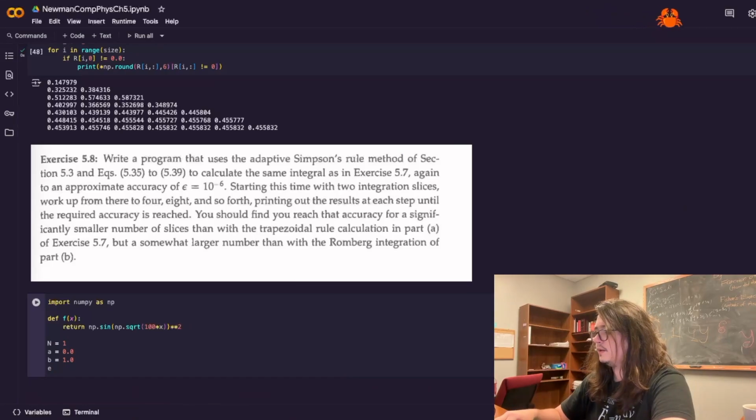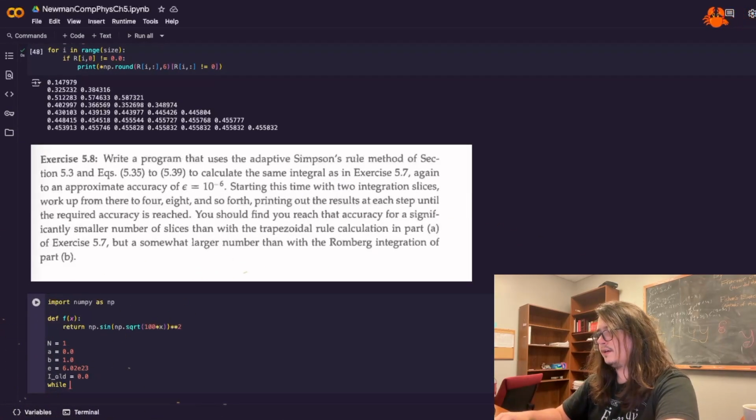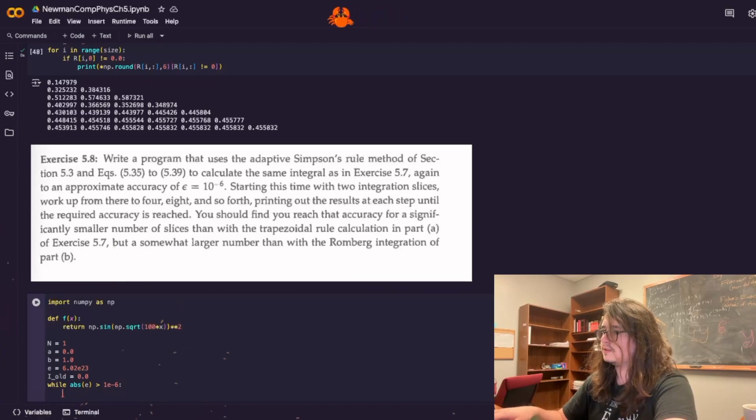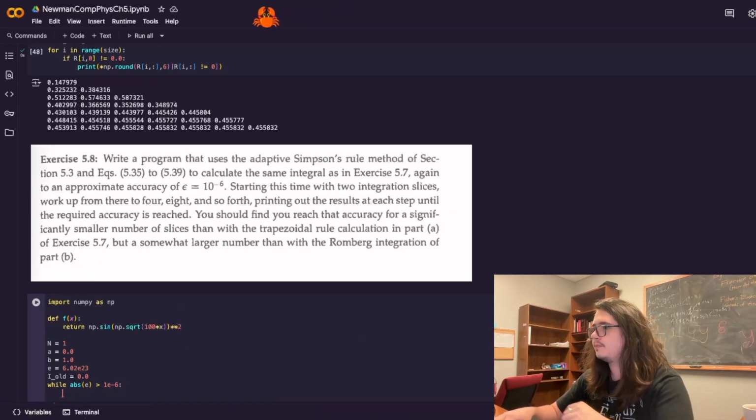I'm going to define the error to be quite large, and then the old integral to be nothing at all, so that when we do the loop, we can calculate first values of errors and things. So while the absolute value of e is greater than 1e-6, which is our desired minimum error,